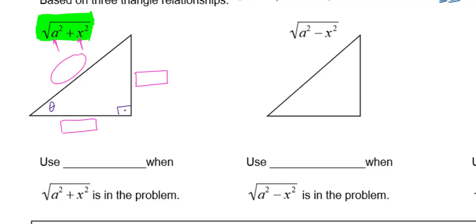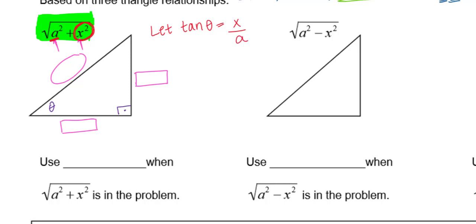So what I know is that A is going to be one of the legs, X is going to be the other, and again, because it's opposite and adjacent, we're going to use tangent. So I'm going to specifically say, let tangent of theta be, and I'm going to say which variable am I squaring. If you look under your radical, or in that radicand, I'm squaring X, and I'll say what constant am I squaring? That would be an A.